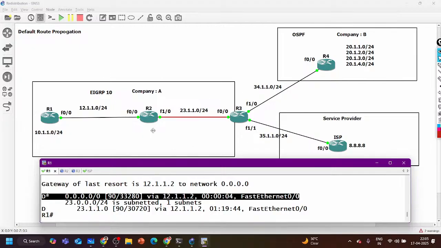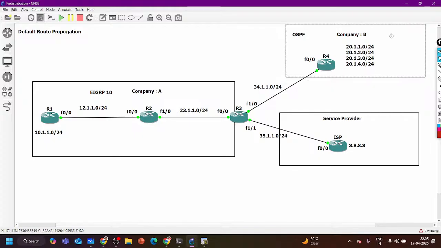So in the same domain also we can advertise the default route, or in a different domain also we can redistribute the default route. But you can see after advertising the summary address from F0/0 of R3, we are not receiving any prefix of company B as well, right? But I can forward the traffic to company B because the default route is there towards router 2. Router 2 has a route towards router number 3, and router 3 has all these individual prefixes. So traffic can go from router 1 to router 2.